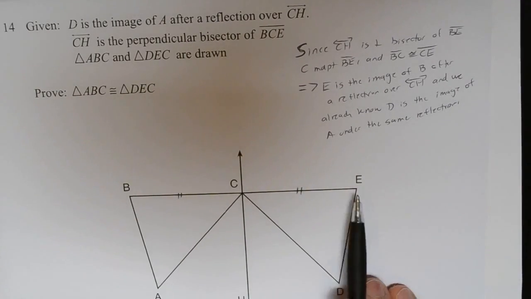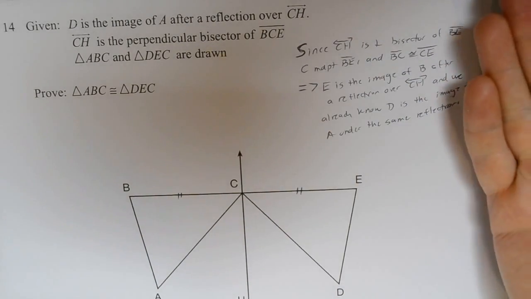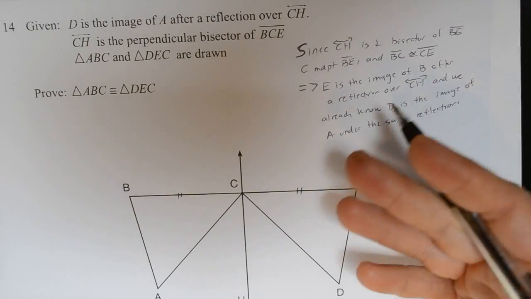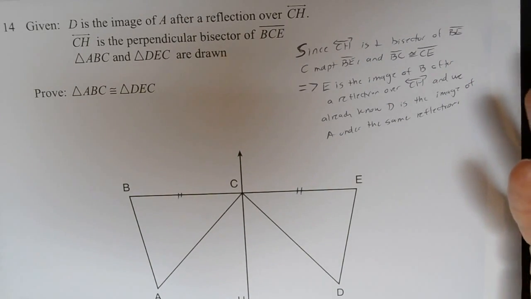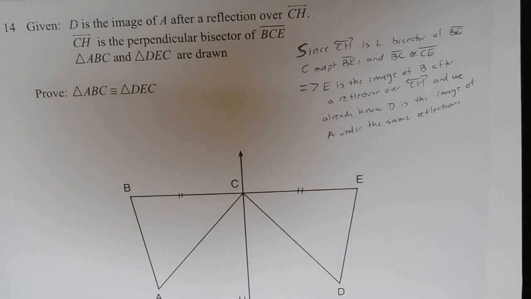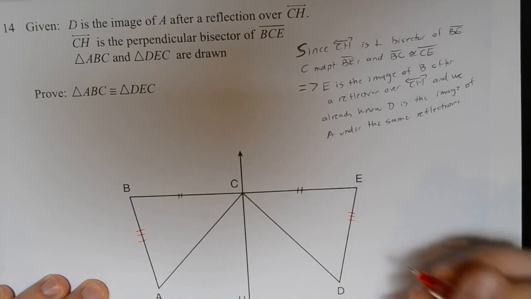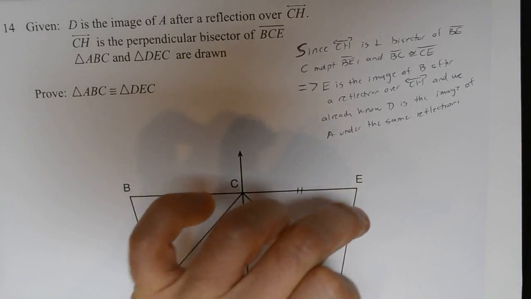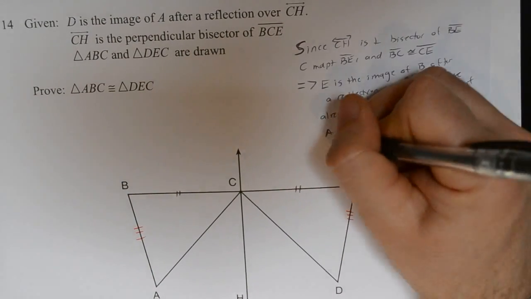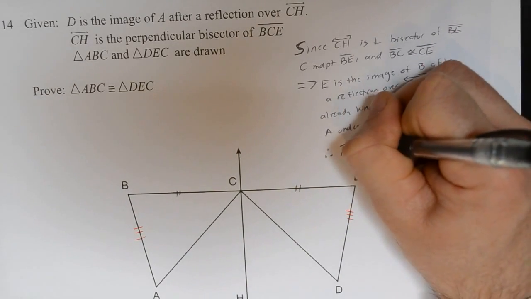If we know that B maps to E, and we know that A maps to D under the same line reflection, well, what do you know about line reflections? Do they affect distance? No. Do they affect angles? No. They are isometries, congruence transformations. So that means that this distance, AB, and this distance, DE, have to be the same, right? They were the same before the transformation. Whatever it was before the transformation, it has to still be the same length after. Therefore, I can say AB is congruent to DE